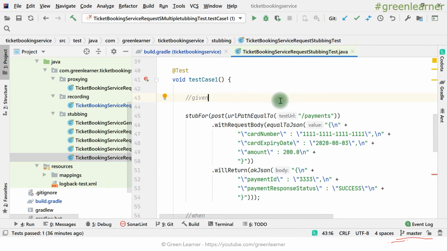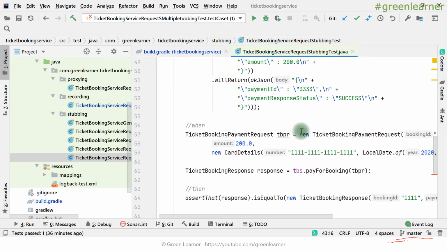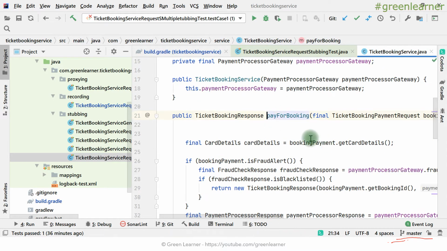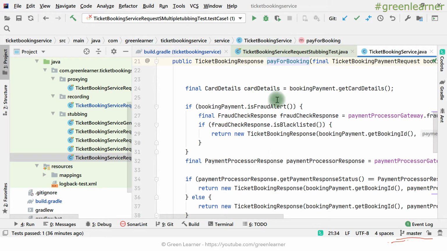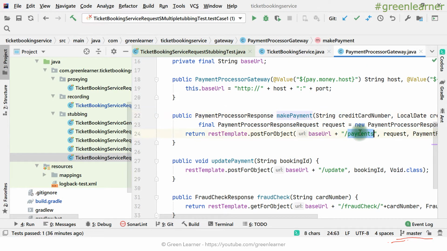It is the ticket booking service request stubbing. It is the normal stubbing that it has, and it is preparing a request and calling this pay for booking. Under pay for booking, it is checking whether a fraud alert is there or not. If it is, it is calling the fraud check service. Otherwise, it directly calls the make payment service to do the payment.